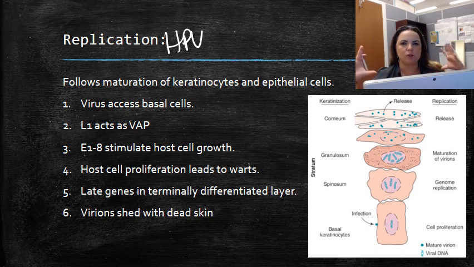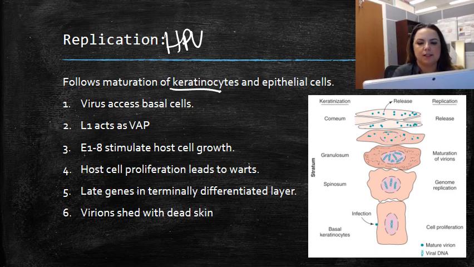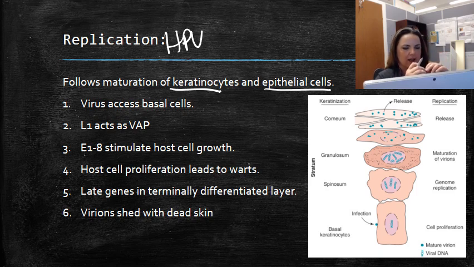Okay, so let's talk about what's normal for HPV viral replication. HPVs want to infect two types of cells, namely keratinocytes and epithelial cells. It's going to access the basal cell layer through breaks in the skin. So scratches, abrasions, grooming, anything that would lead to a break in the skin area where you could potentially be contacting the virus, okay? It's going to access the keratinocytes or the epithelial cells at the basal cell layer all the way down